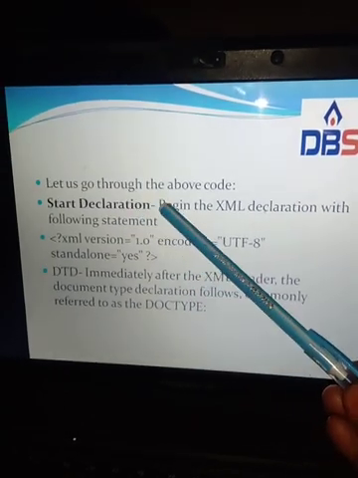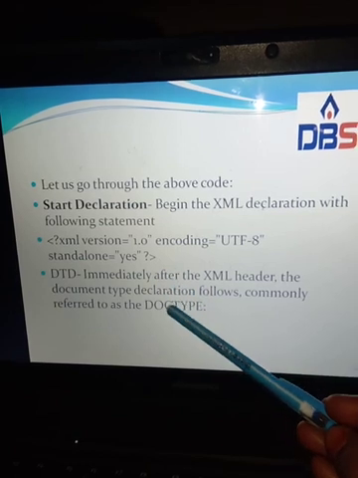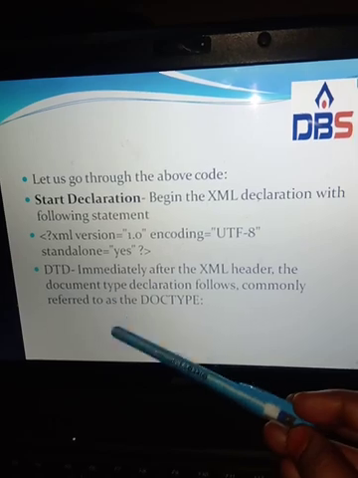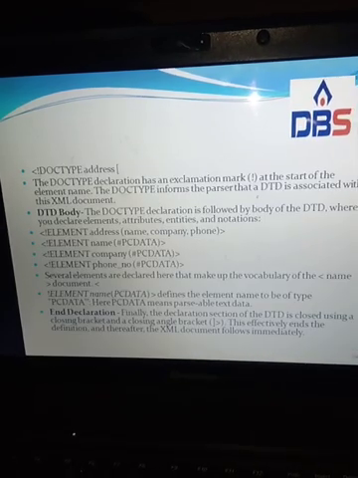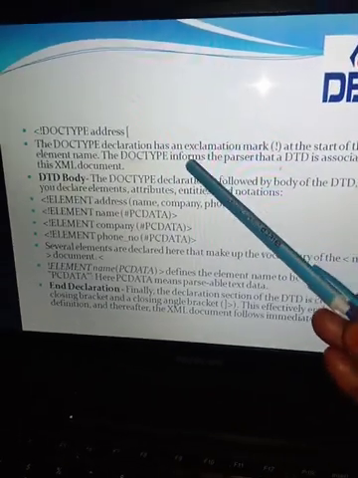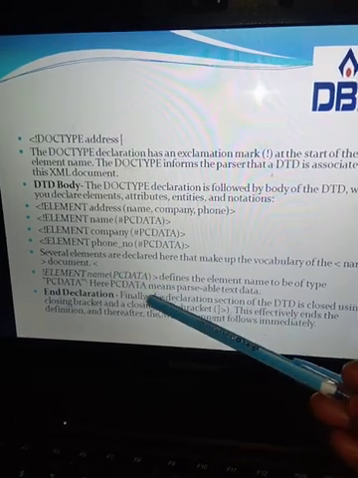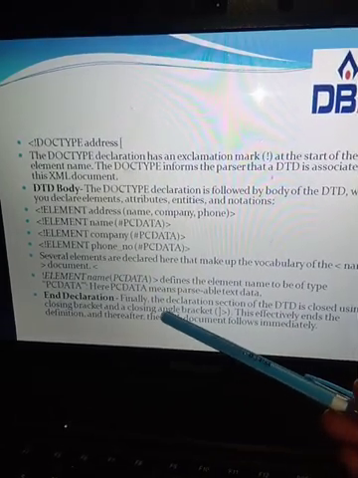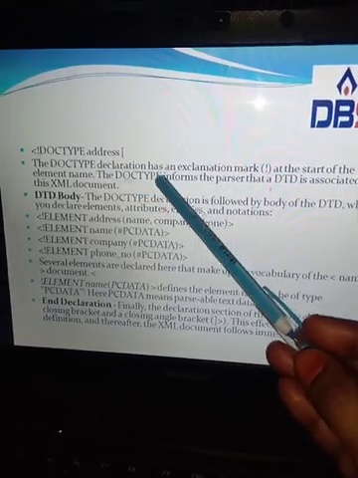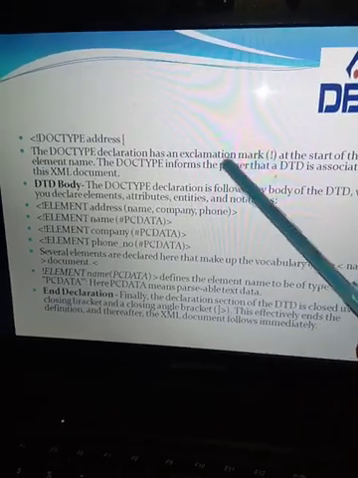Next, for the above code, this is the start declaration. DTD comes immediately after the XML header. There are three sections in the doctype address: first the doctype declaration, next the DTD body, next the end declaration. The doctype declaration starts with an exclamation mark in XML.